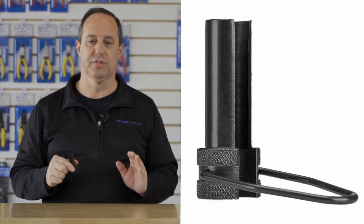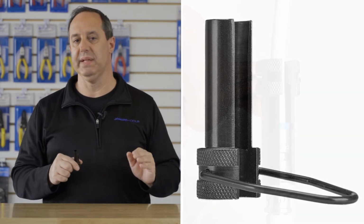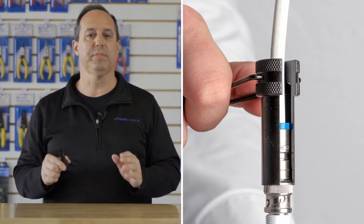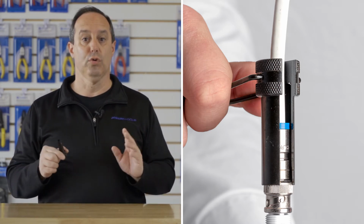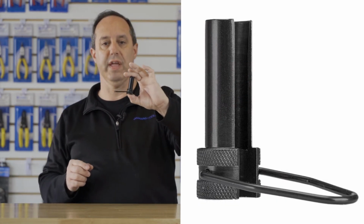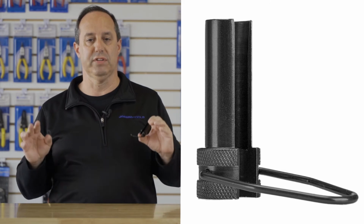Today I want to talk to you about our RBNC-3 BNC Connector Tool. This tool is the perfect tool for installing or removing BNC connectorized cables in tight or cramped locations. The tool features a compact design, 2¼ inches, and as I said, perfect for hard to reach or tight,